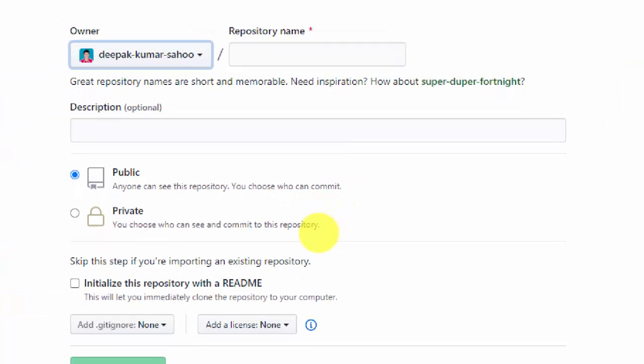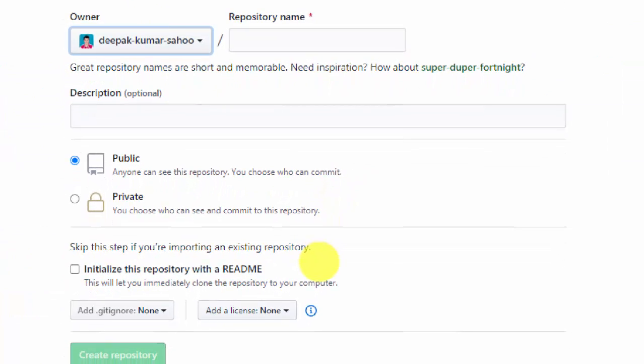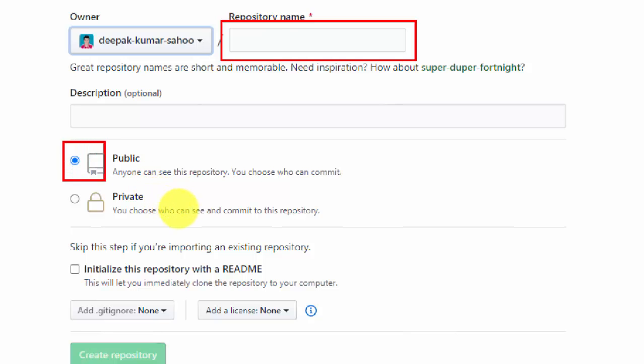This is the entire page, and let's understand what is inside it. This is the name of the repository, that means the name of our project. When you give the name of the project, the data will be shown here. Next is the visibility.